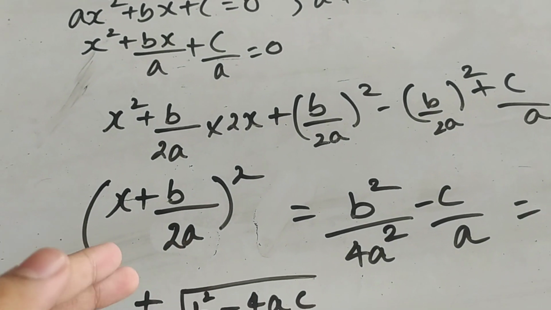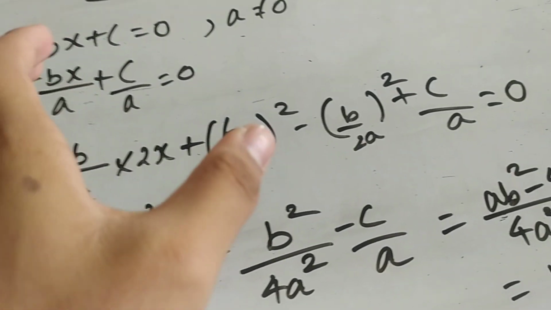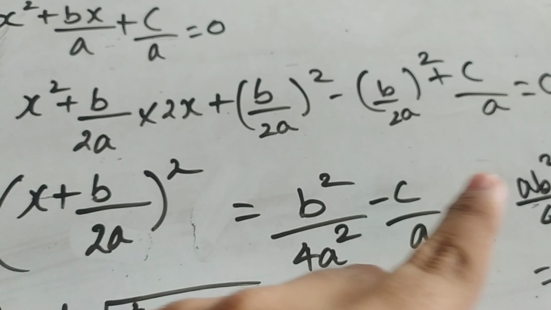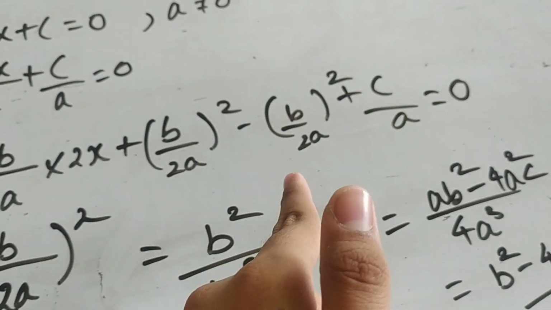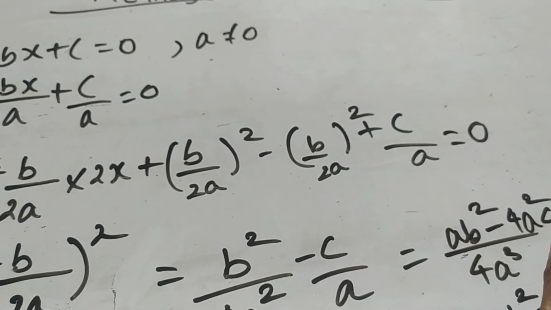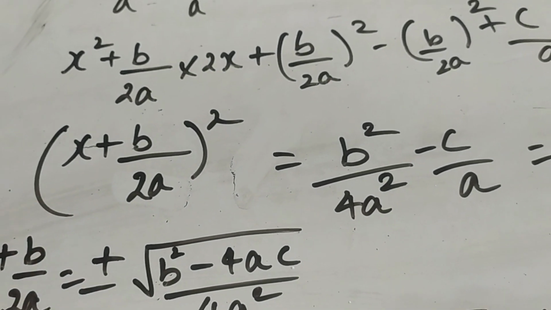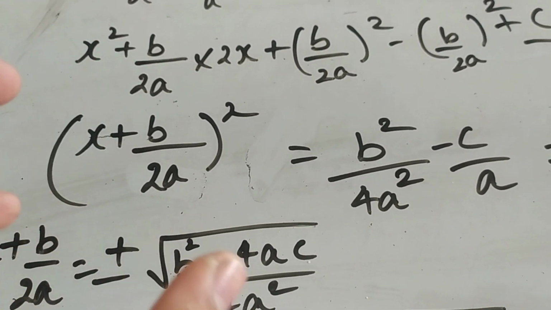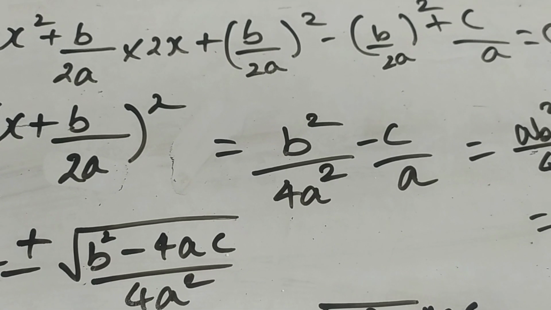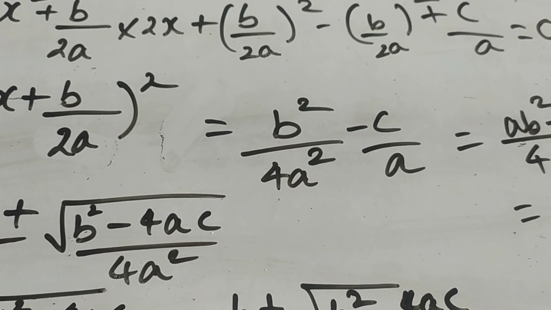So then this would become x plus b by 2a whole square. But then this whole equation changes when we add b by 2a whole squared, so we just subtract it by itself, and plus c by a as usual is equal to 0. Now the next step is, of course, we whole square it and we simplify it. There are many ways of solving it, but the easiest and most common way, which I would prefer to use, is this,